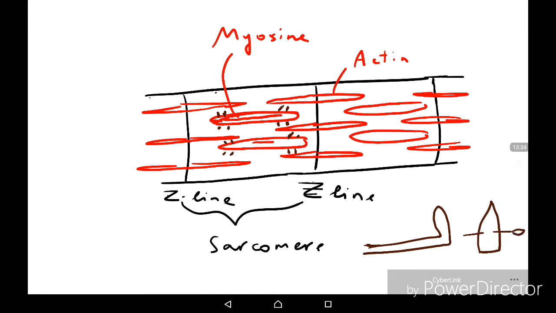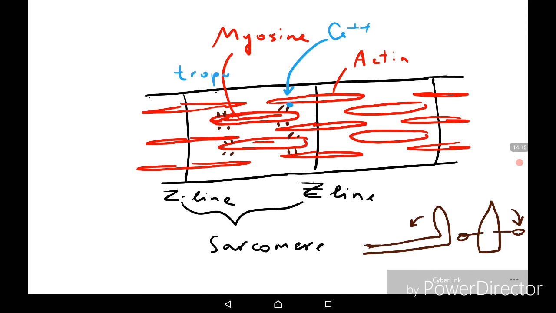So like when the boat is moving in the river, there is an oar stroke. So in the same manner, the myosin head may change its angle. So then, what is the role of calcium? Calcium binds to the protein troponin that lies between the myosin head and the actin.